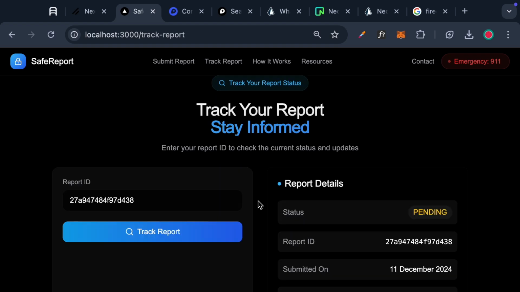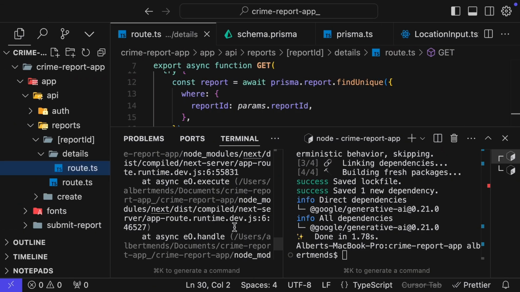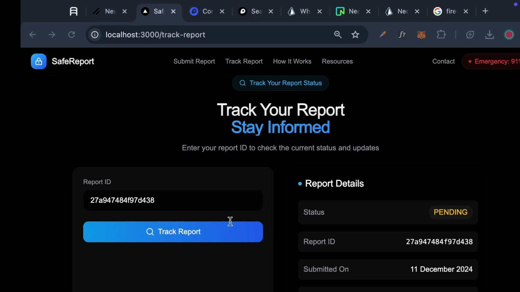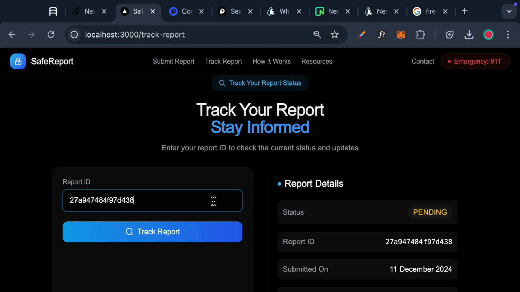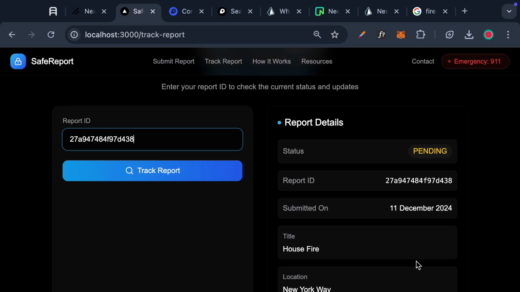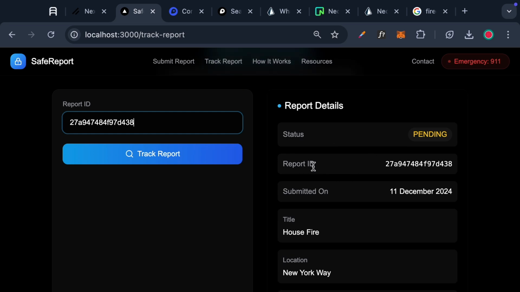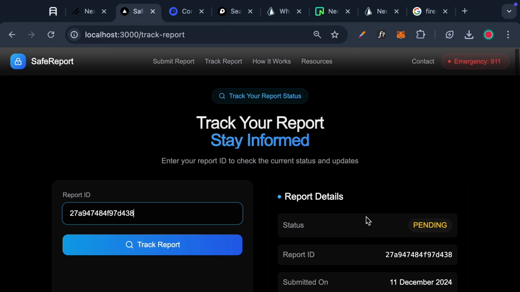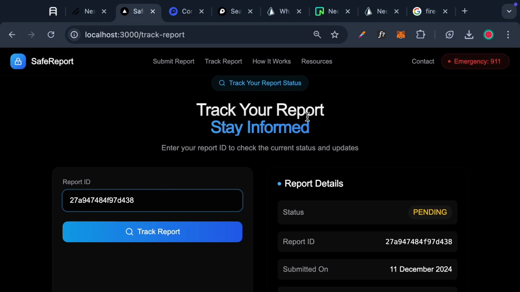During the development of this project, I encountered a very similar problem. Maybe it might be because of my internet connection, because it said over here, please make sure your database server is running at this endpoint. So it might be my network. Let me know in the comment section if you faced the same problem. But it worked, right? We have the status here, the report ID, the date submitted, title, location, and description. So we do have our track report